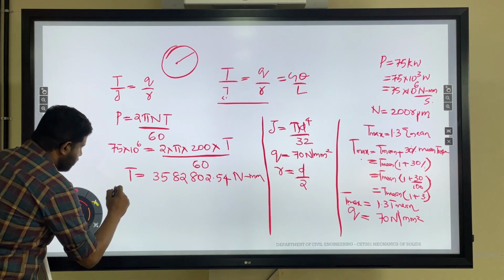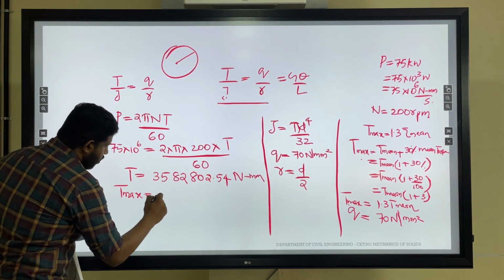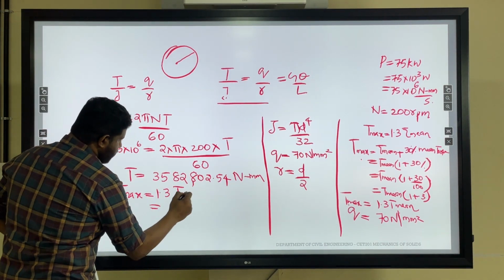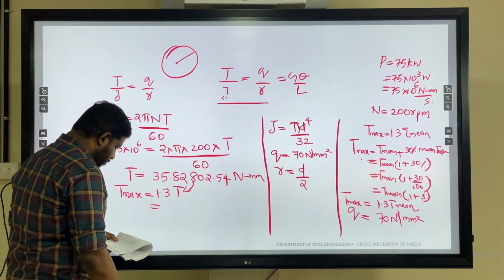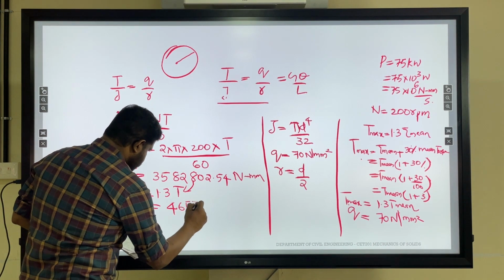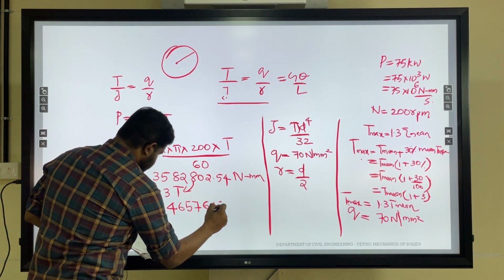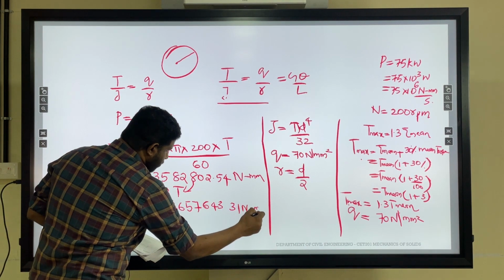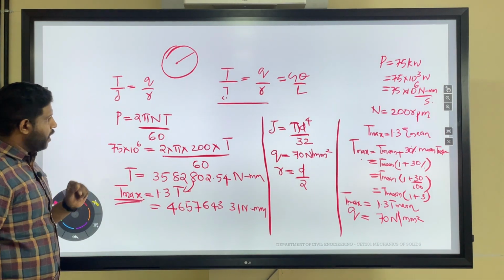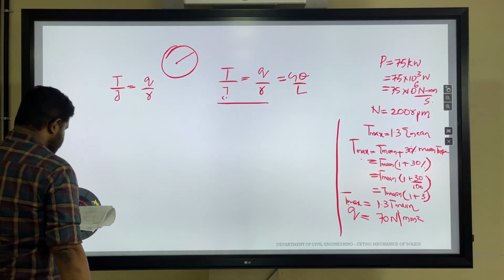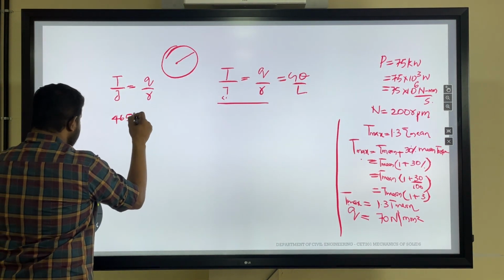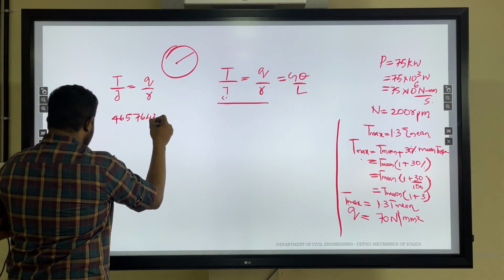So here you have to calculate T max, which is equal to 1.3 times our T value. Okay, so when you substitute this value here, you will be getting the maximum torque as 4657,643.31 Newton mm. So this is the value of T that you have to give into the equation. On substituting the values, T you can give as T max, which is 465,7643.31